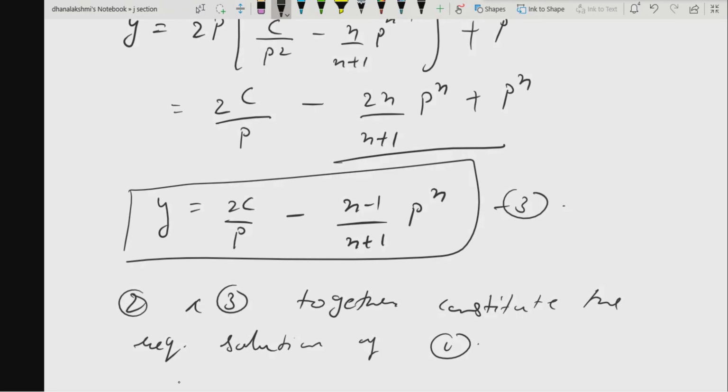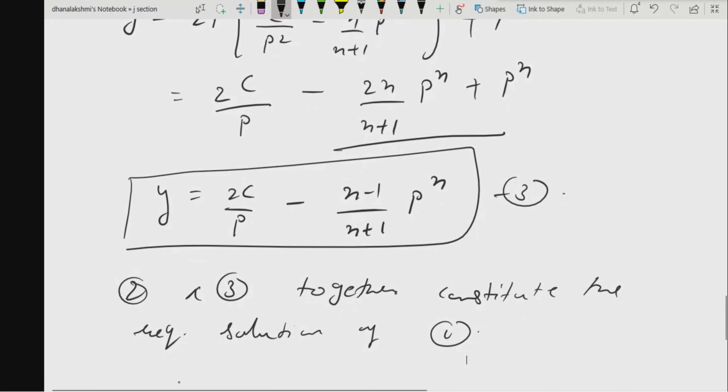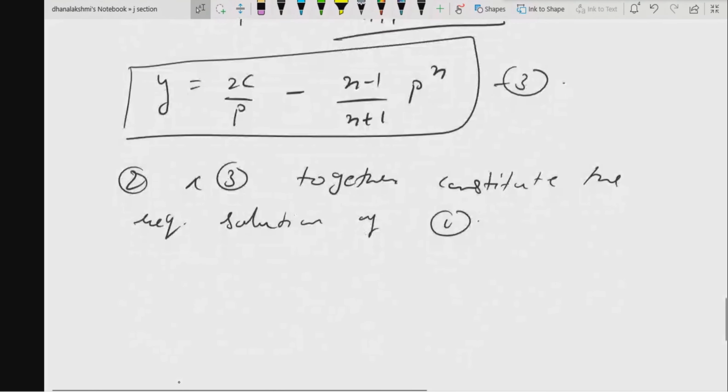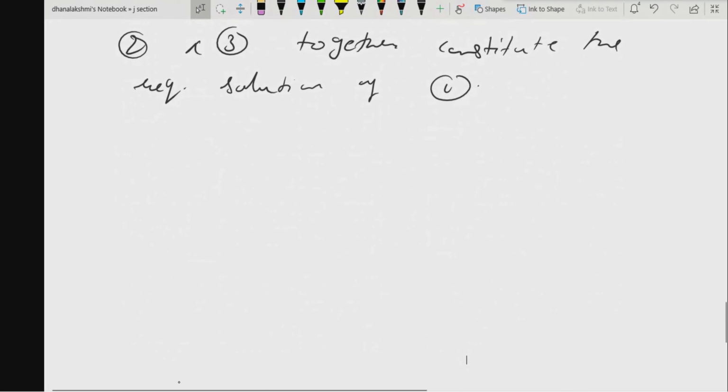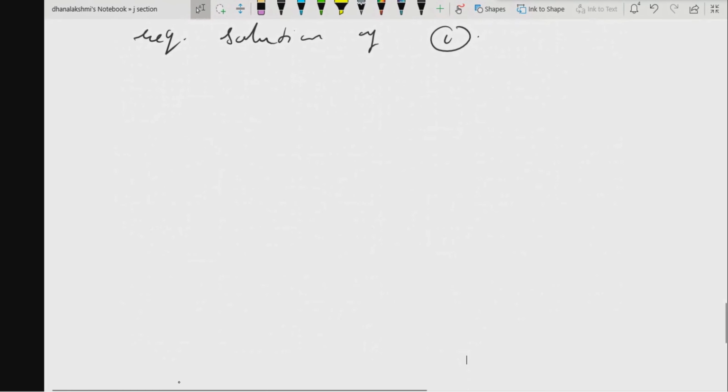I'll give a few more problems later, but for the time being, let us move to the problems related to x, solvable for x. The same procedure, nothing is changed. As I explained, there you are differentiating with respect to x. When the question is solvable for x, you have to differentiate it with respect to y, and you will get the solution in the usual manner. Let us solve one problem. x is equal to y plus a log p.